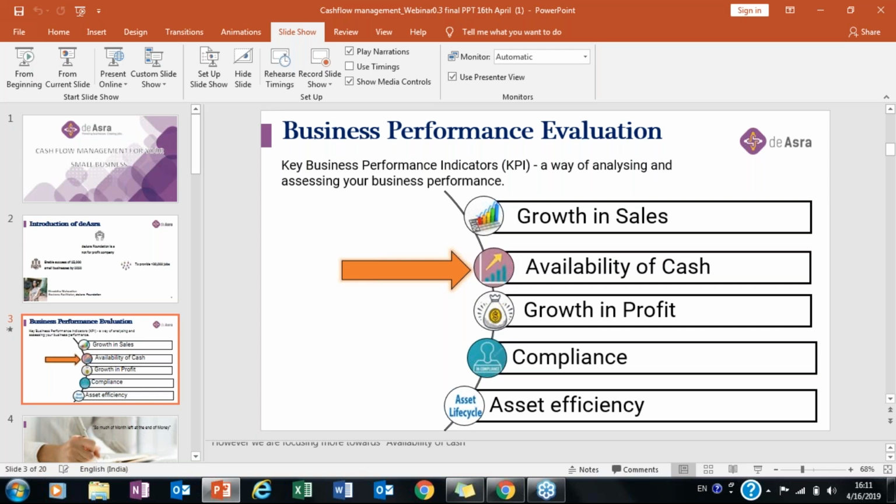Compliance. Compliance is one major key business performance evaluator or KPI, which indicates the health of our business. So, what is compliance? Our business, when we are starting it, should be compliant. Even if we have an existing business, all the compliance needs to be renewed at given times and dates. For example, if you're running a food business or a food joint, the first and foremost mandatory license or registration which we are expected to have is the FSSAI registration or license.